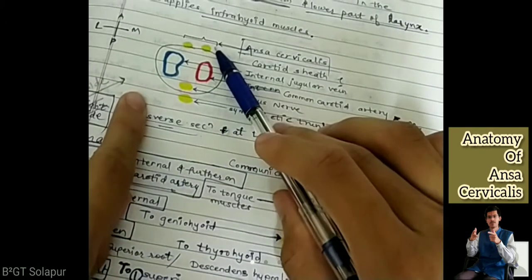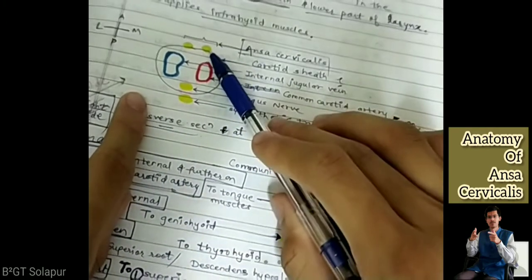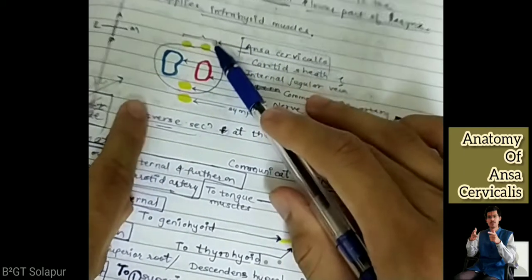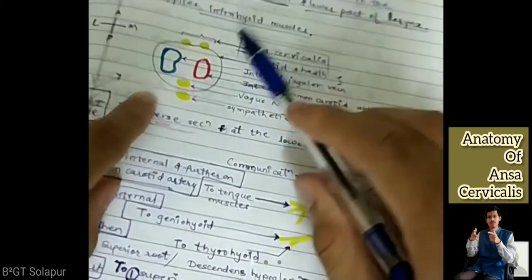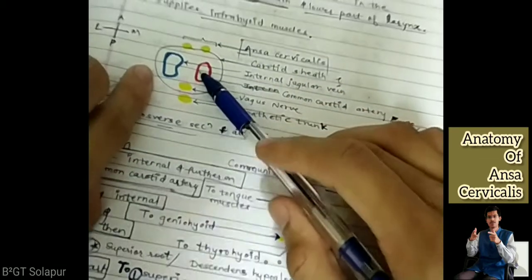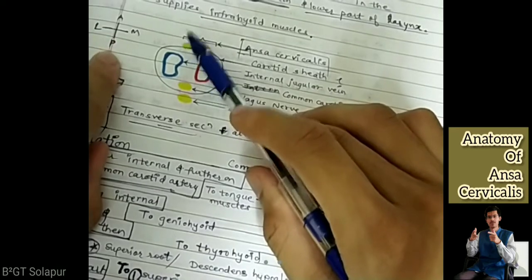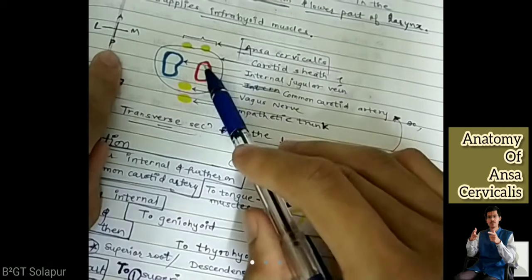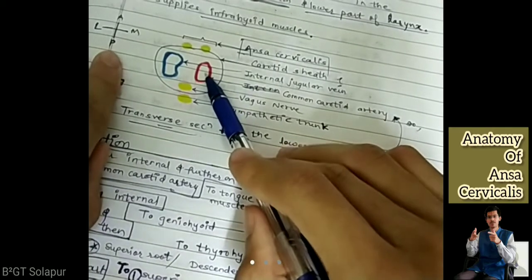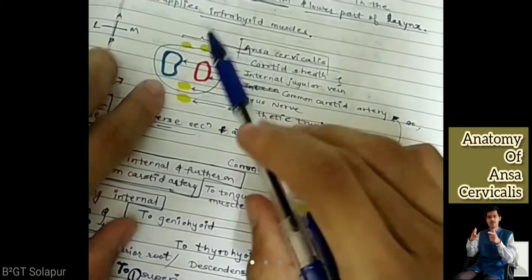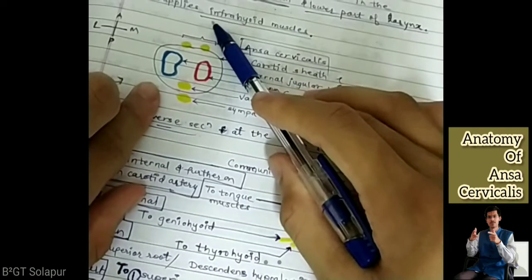Yesterday I said that we will discuss ansa cervicalis separately. It's a short note question and it is also important surgically. So if you see, this is on the left side. If you see the orientation of this diagram, this is the medial aspect, so the artery is on the medial aspect. Now I hope you get it. So this is the anterior aspect.